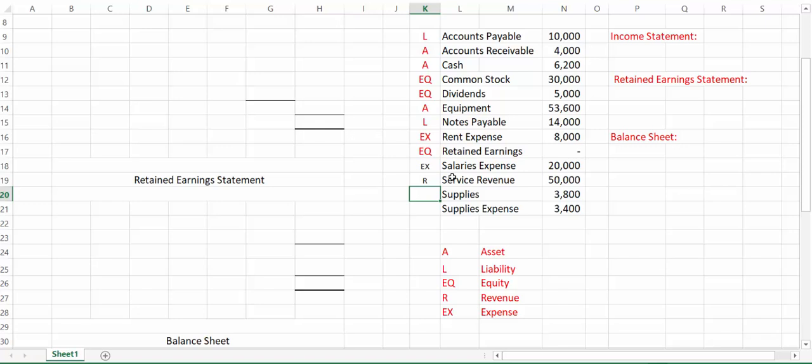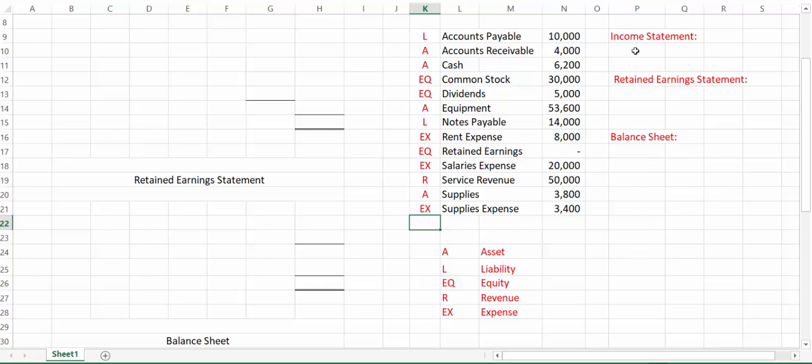So what's the difference between supplies and supplies expense? I'm going to just format these all the same. Supplies are the items that are left at the end of the year. So that's what you still have left, and supplies expense is what you used. So supplies are an asset, and your supplies expense, of course, is an expense. Okay, so now we have all of our items classified. That's going to help us a lot when we start our